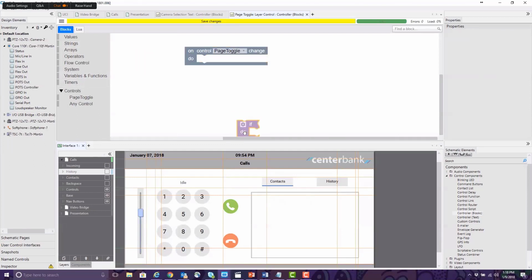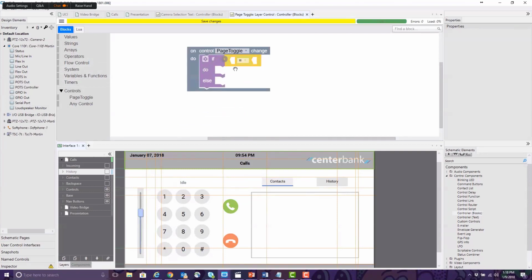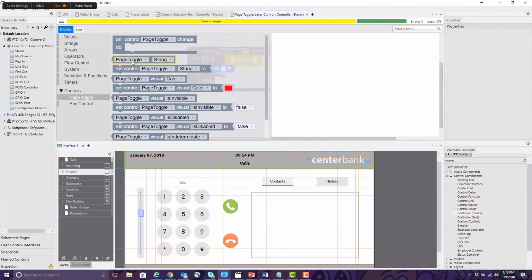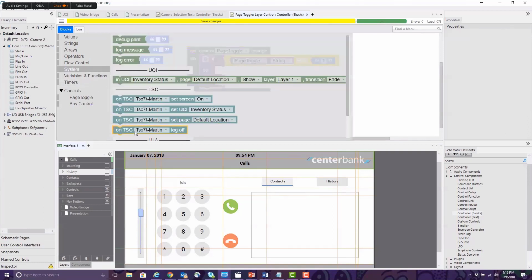So once again, I'm going to go to float control, and I'm going to bring out my if statement. Hit the gear icon, add the else, close that, go to my operators, bring out my blank equals blank, because I once again want to evaluate what's going on. And I am going to say if page toggle equals 1, same way we did it in the last one,